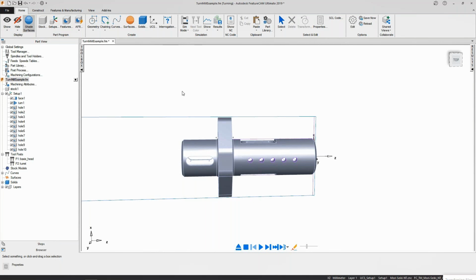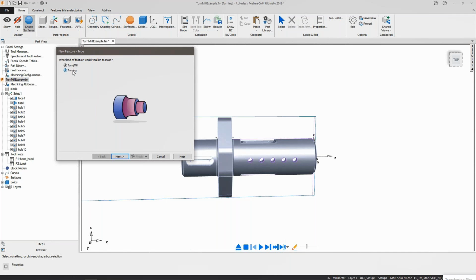Instead of that, you want to give your own intelligence into the software. Then you can use this interactive feature recognition method, where we go into the feature, select the 3D data, and say only this particular feature that you want to machine.